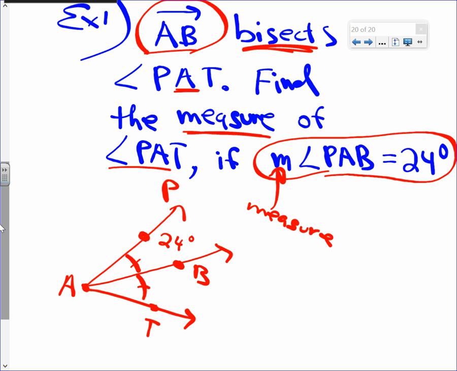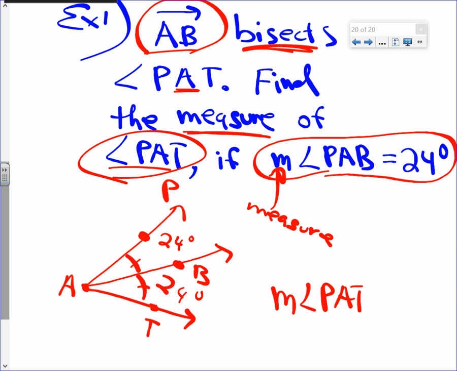Right, if this is half, this angle is half of the big one, this has got to be 24 degrees also. So the big angle has got to be 24 plus 24, which is 48. Very good. So the big angle, PAT, look at PAT, the big angle is going to be 48 degrees. So we're going to put the measure of angle PAT equals,